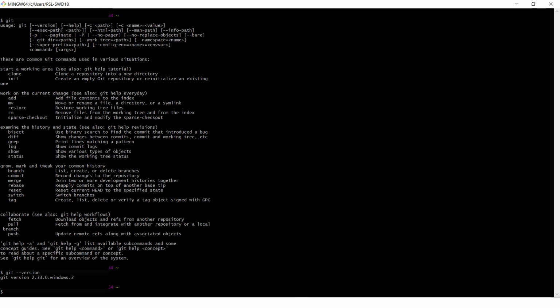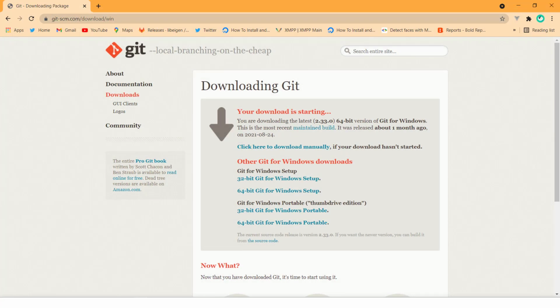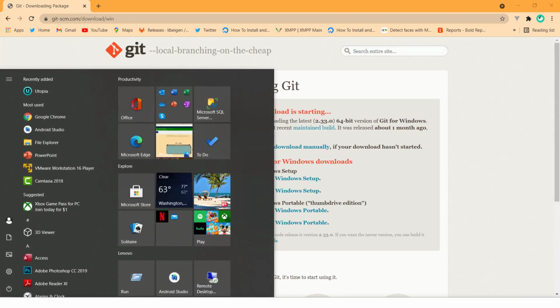You may be wondering, okay, so this open window is the one you'll be working from all the time. No. With command line interfaces or CLI applications, it installs in the machine, and any command line application can interact with it. So I'm going to try another command line application. Let me close this. Then I move to my start button and type